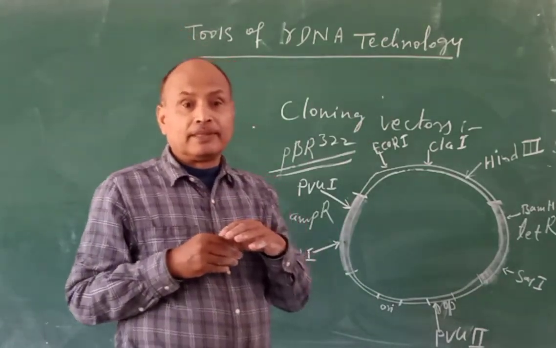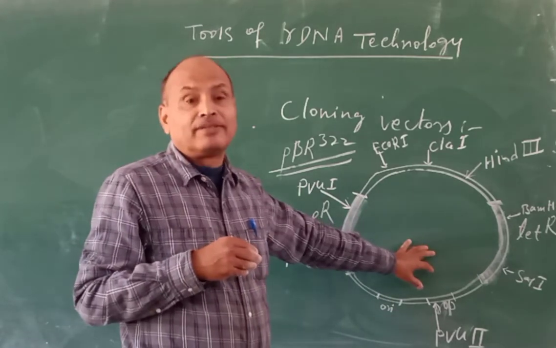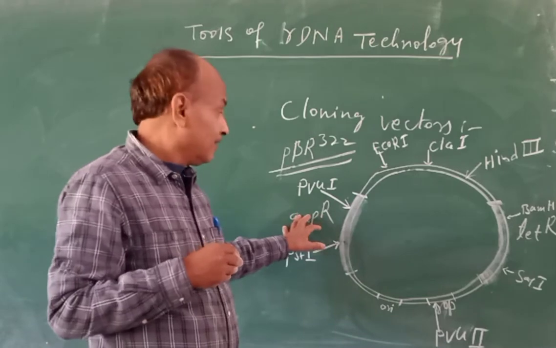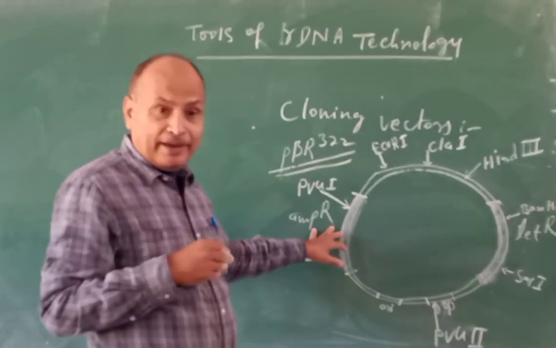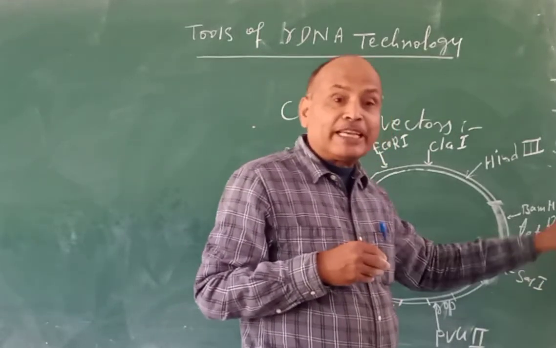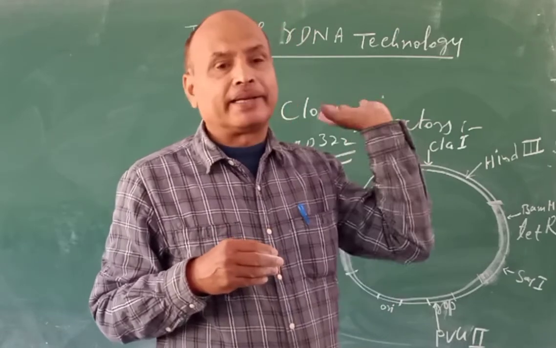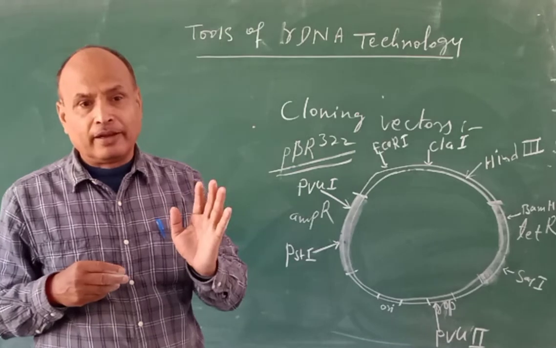However, there are two antibiotic resistant genes. One is resistant to ampicillin and other is resistant to tetracycline, which can be used as a selectable marker, जिसको हम selectable marker के रूप में यूज कर सकते हैं,